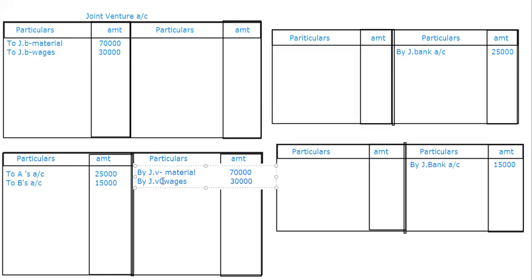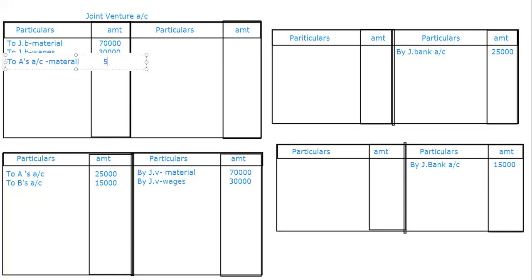So all these postings have been completed. Now the next one we are going to see: A and B were supplying the material. So that entry we are going to see, that is to A's account. He is supplying what? A material